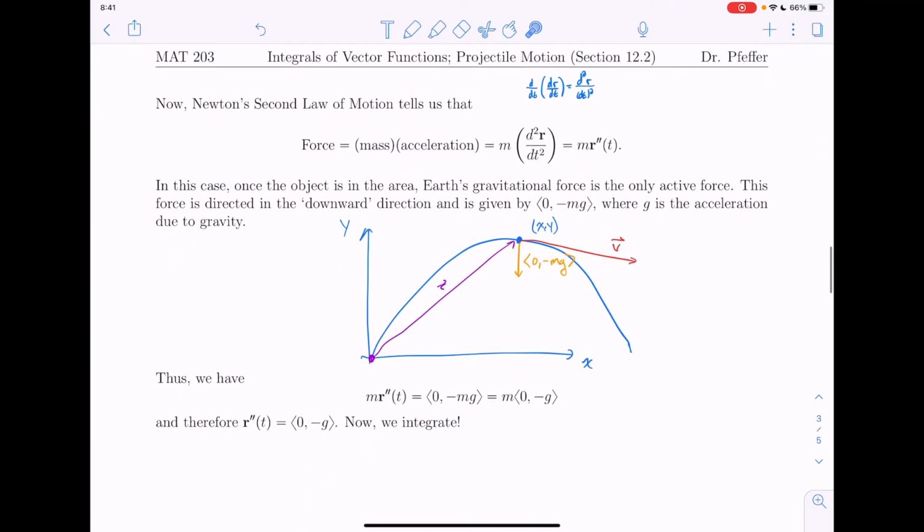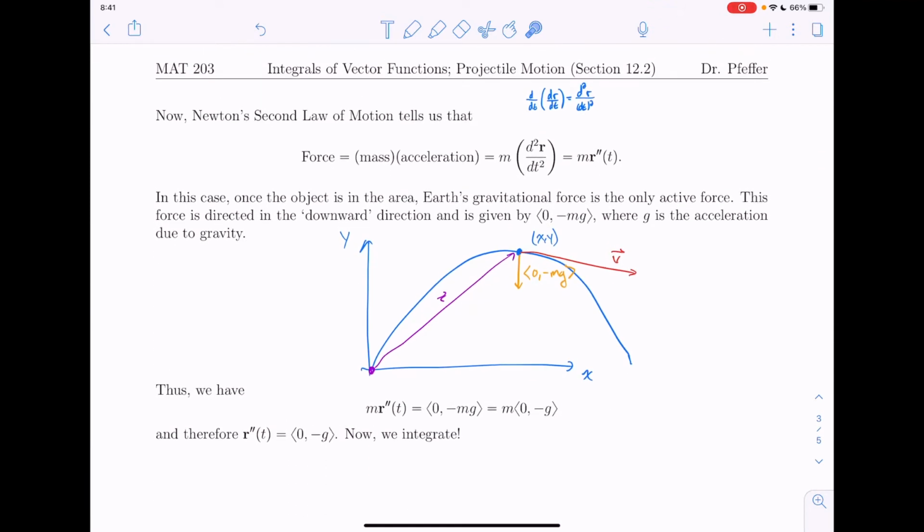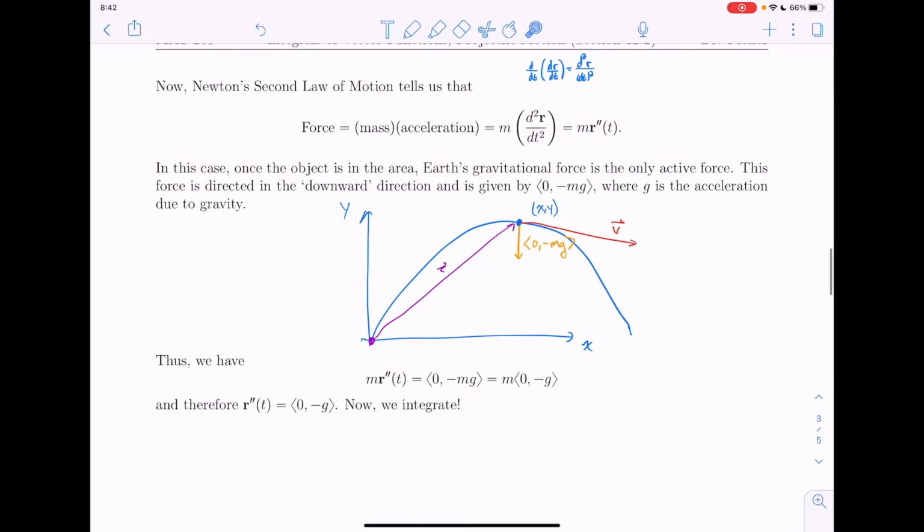From that point forward, we introduced Newton's second law of motion, which allowed us to write down the forces that are acting upon the object that's being projected into the air. We observed that mass times acceleration, given in the context of our vector function for position, can be written as m times the second derivative of r. Where then we talked about how in our situation Earth's gravity is the only force that's at play, and Earth's gravitational force acting upon this object